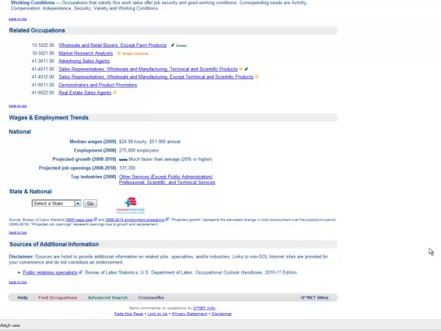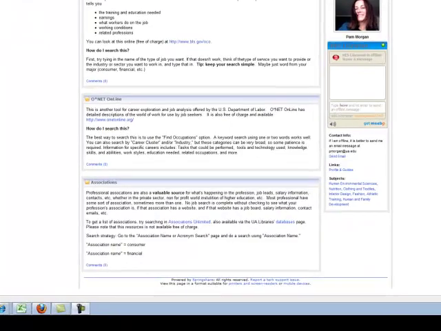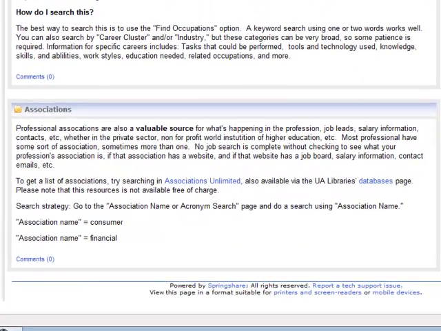Let's move on now to the third part of the page. The last part of this page is information about finding out about your professional associations. Professional associations are a valuable source for what's happening in your profession, job leads, possible salary information, contacts, and just what's going on. Most professions have at least some sort of associations, often more than one. You want to check and see if your profession has an association, what the website is, and what type of